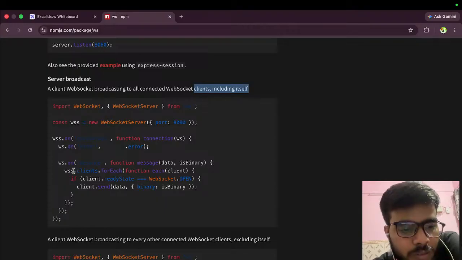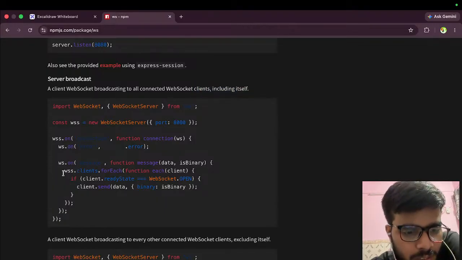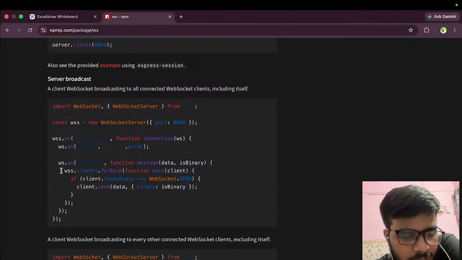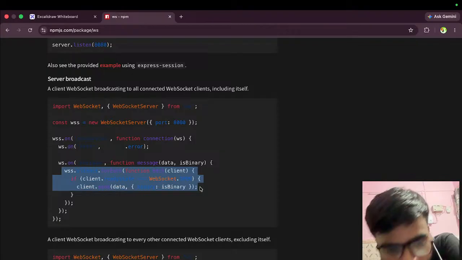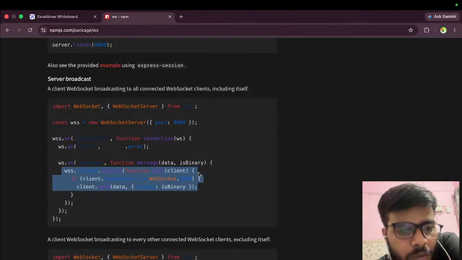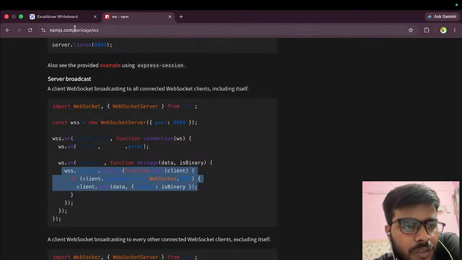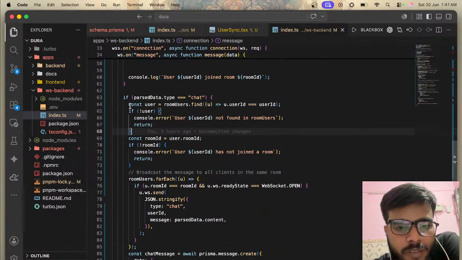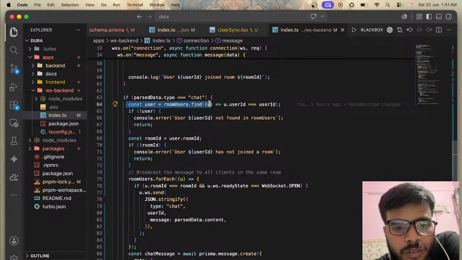Then you can use this like for each client on set data. In the current scenario you have to add only an if condition, then add it directly. You can see call your chat, then first of all you can find the